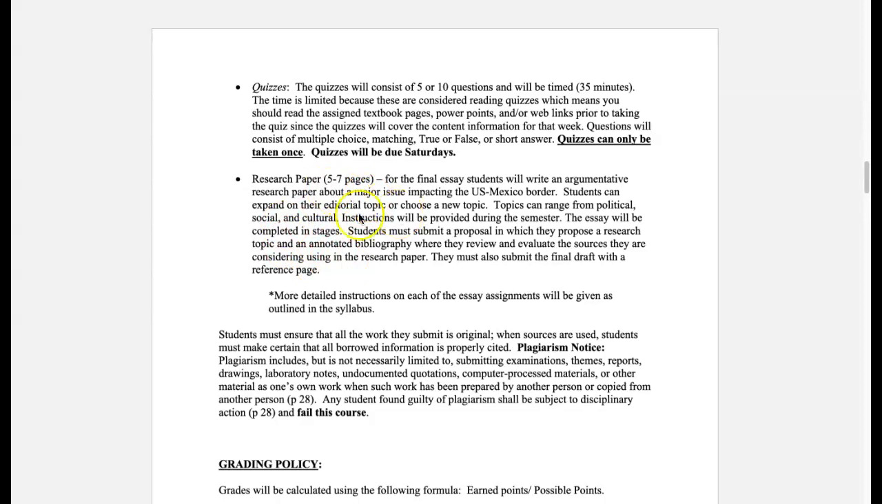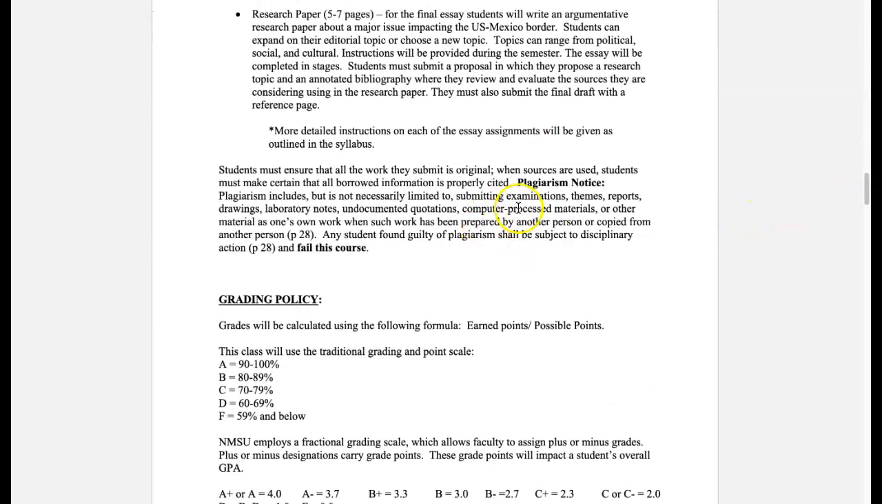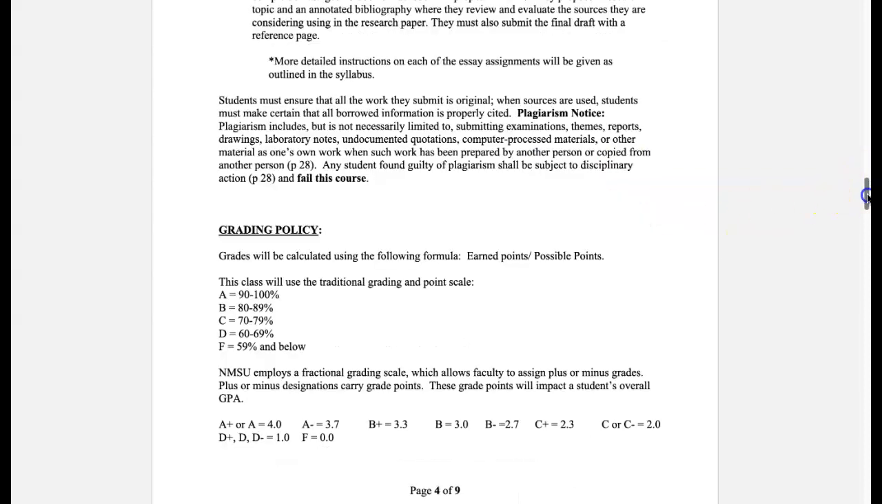I already talked about the research paper, and of course, like I said, the research paper, the profile essay, and the editorial, they all have their own assignment pages, so you can go ahead and look at that. And of course, make sure that all of the work you submit is your own. I do use the Turnitin software, which scans your paper and lets you know what percentage is plagiarized. So I'll talk about that a little bit later. So moving on,